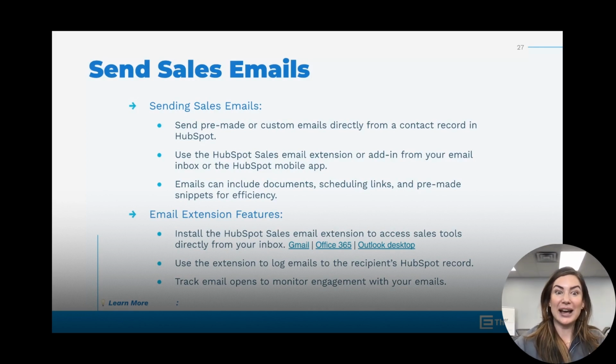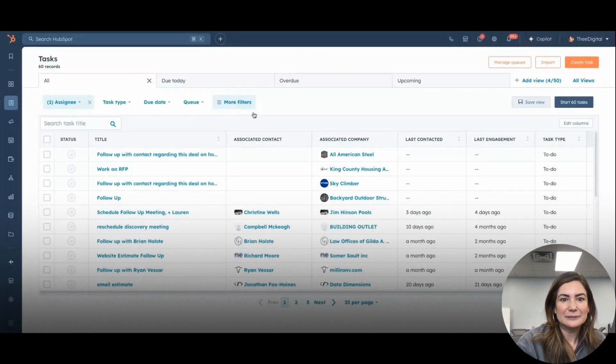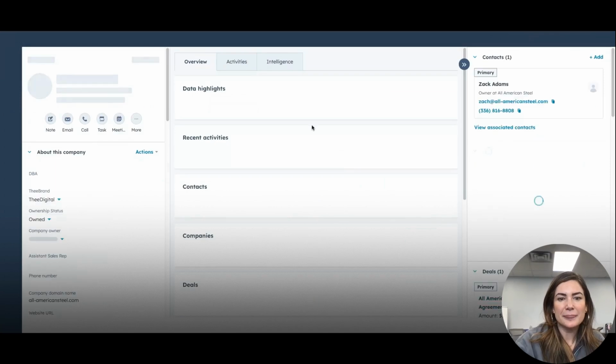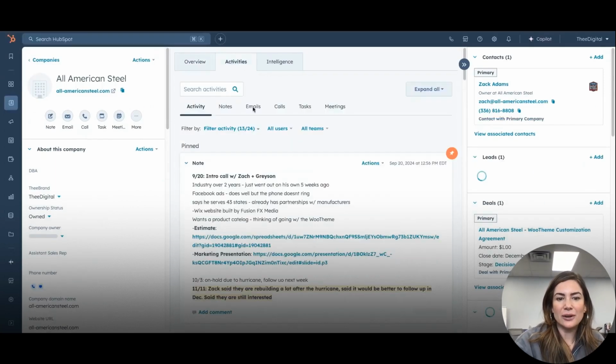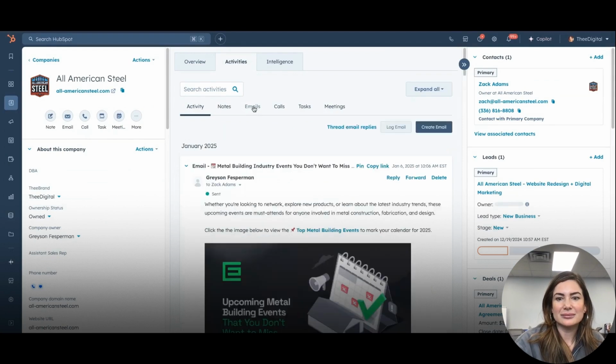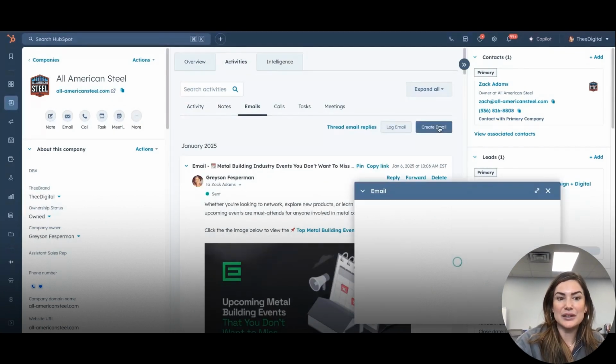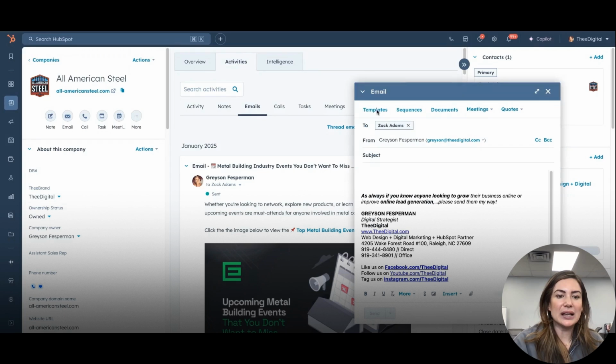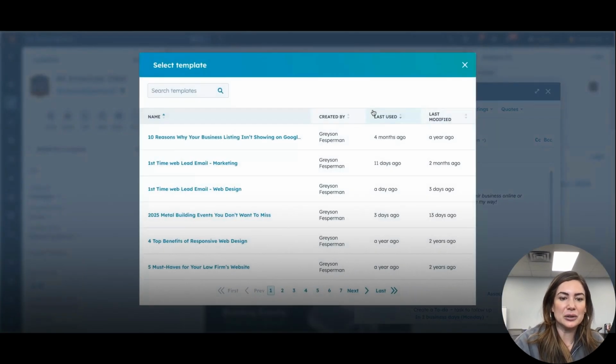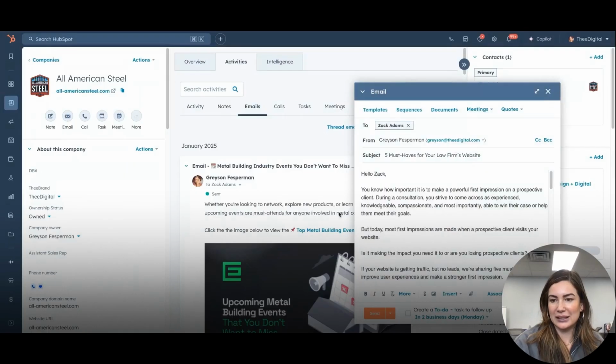Well, I can do that in HubSpot, and just to show you one example, I'm going to go to emails, create email, templates, and that's why it's the first one you see there. So let's see here. I'm going to do 3 must-haves for your law firm's website. And then I'm going to be able to send that, which I'm not going to send because he's not a